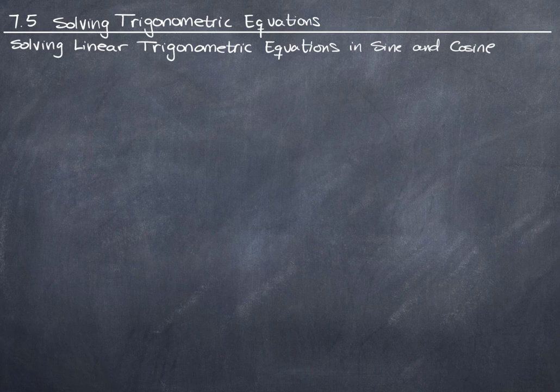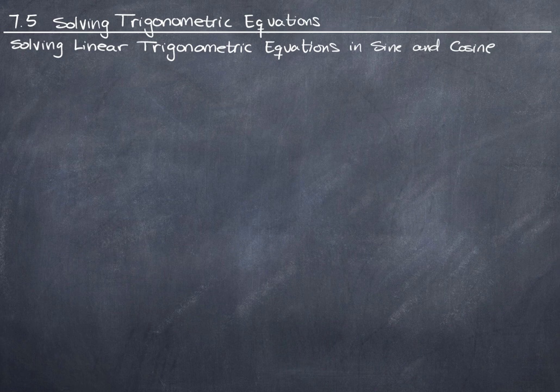This section has quite a few subsections in it. We're going to look at solving linear trigonometric equations that only have sine or cosine in them. Those are kind of the most basic, simple ones. It's sort of a way of getting us to the point of understanding what it means to be the solution to a trigonometric equation. But then we're also going to look at equations that involve other trigonometric functions like tangent